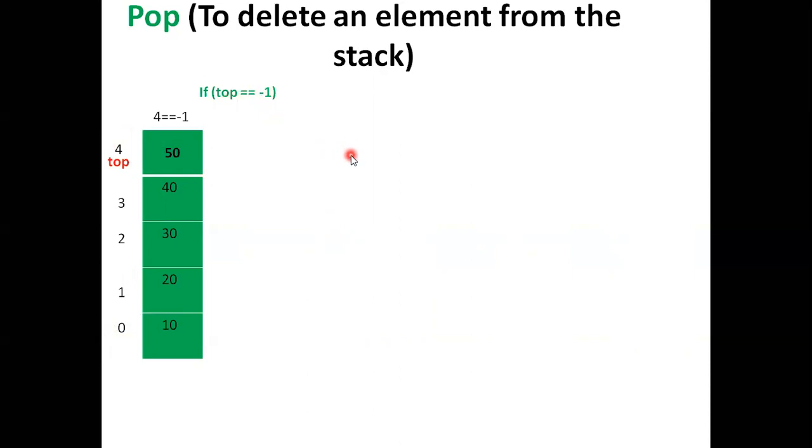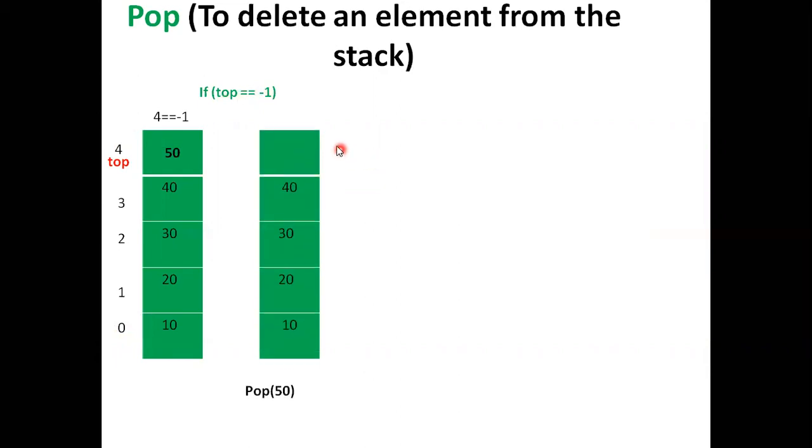Is 4 equal to minus 1? According to the algorithm, the condition is false, so it goes to step 3. Now pop 50, so 50 is deleted. Now top is indicating 40, which is index 3. Now again I want to delete the topmost element, 40.